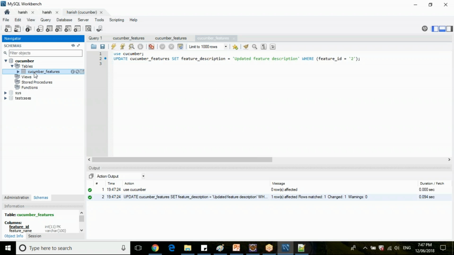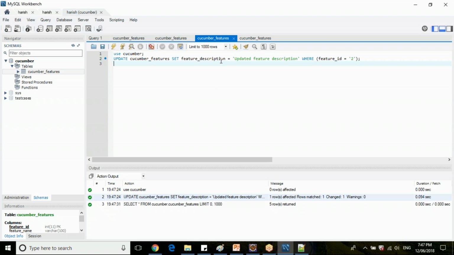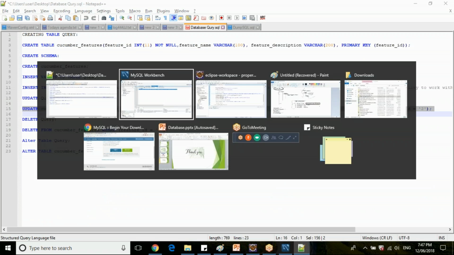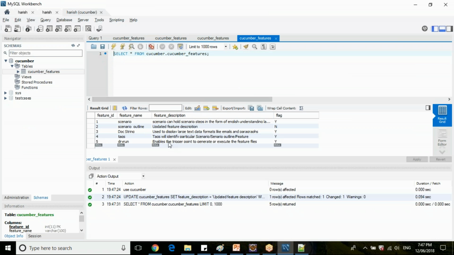If we now check the table, the scenario outline description has been updated to the updated feature description. Let's use this same update query and update this for dry run as well. Now if you see the dry run here, the feature description of dry run is something different.